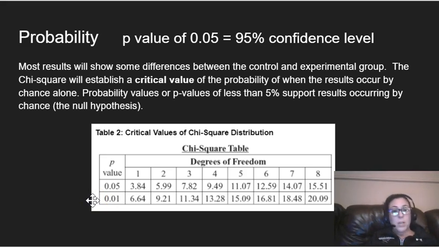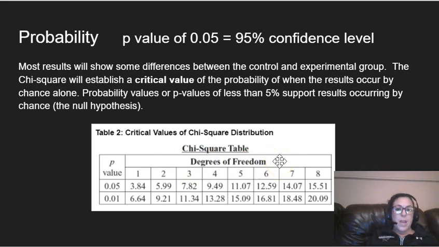Now believe me, if you were 99% confident, yeah, definitely report that p-value. That's amazing. Do a happy dance. That doesn't happen very often, but in biology, we are fine with looking at p-values of 0.05. The next thing that we need to do to find our critical value is we need to know our degrees